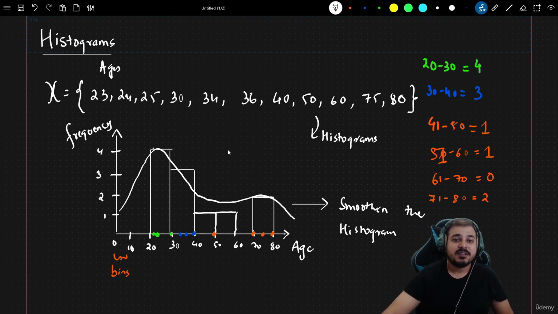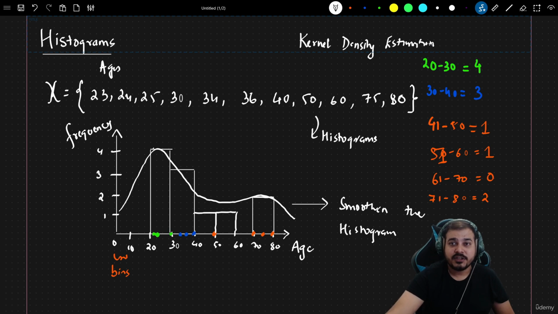There is a concept called kernel density estimator. I'm going to write it down over here. Kernel density estimator. We are probably going to see this after a couple of sessions in the upcoming topics. Based on this kernel density estimation, we will derive this kind of smoothened curve, and this smoothened curve will give you the probability density function based on histograms.